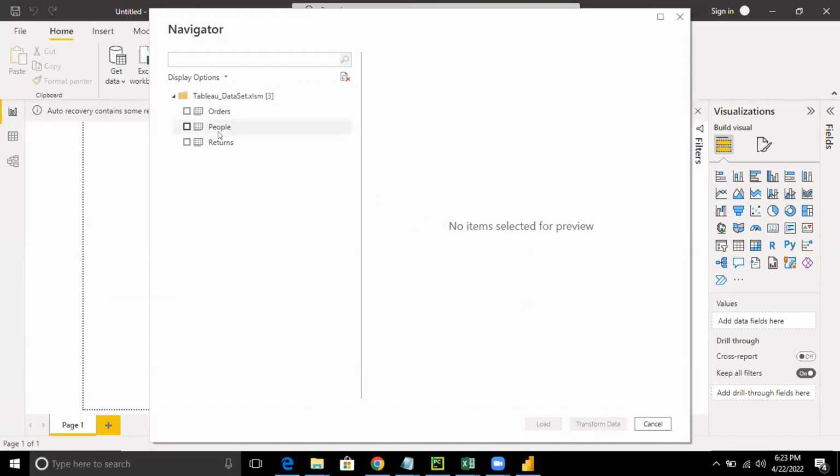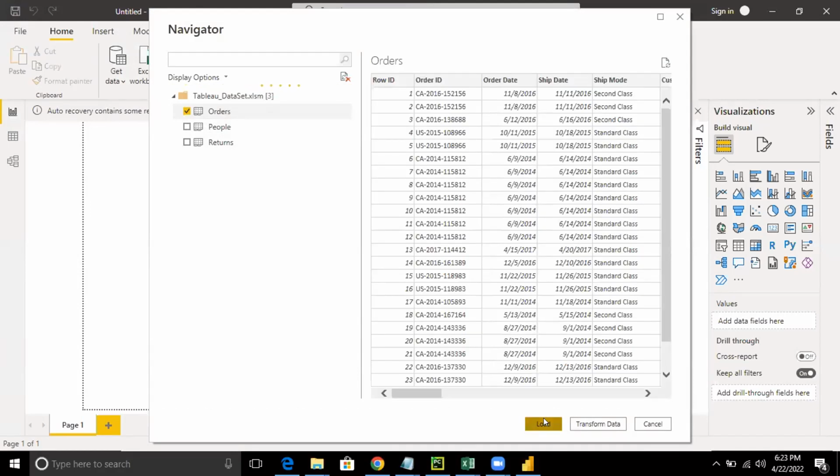So what I'm going to do now is import the orders. I don't want to change the data, so I'm just going to click load. As I click on load, all done. Now, what is the next step? We are going to click on load and the entire data will be loaded. So please do these steps and let me know if it is done.